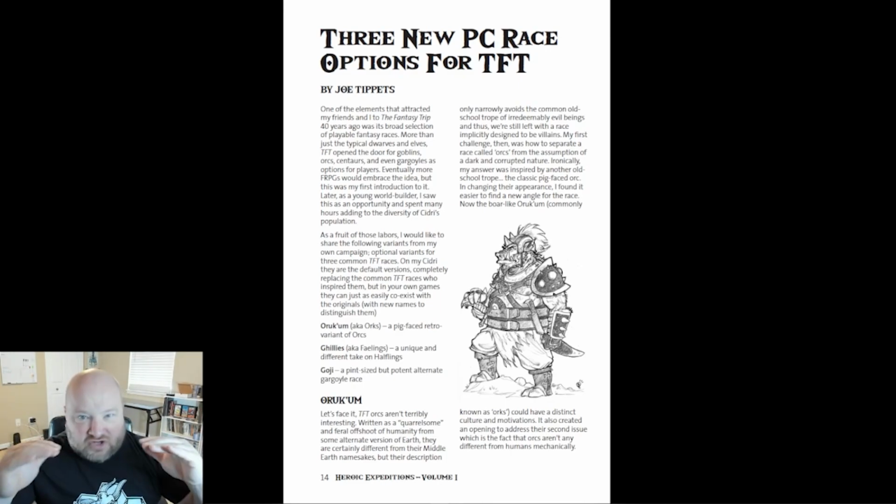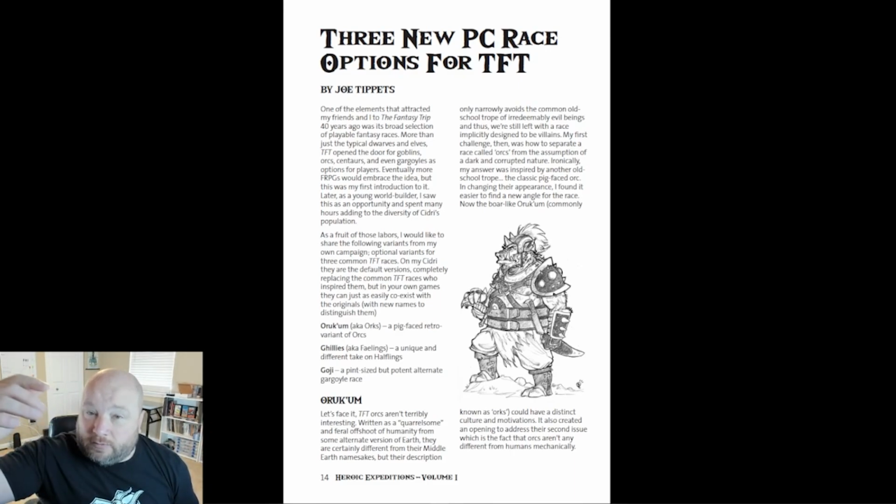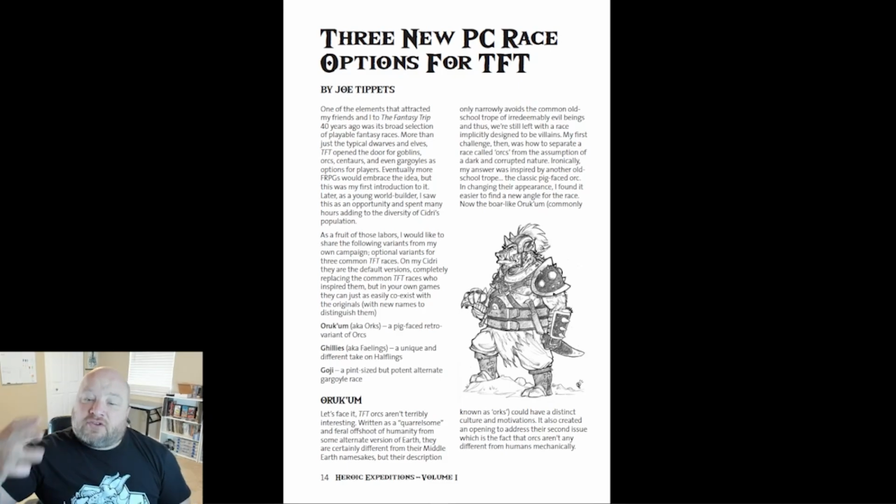In TFT, they're interchangeable from humans. They just say they're more quarrelsome and aggressive. All right, fine. But in standard Dungeons and Dragons, they're actually a little bit stronger than humans, right? So they be their own thing. But these orcs are actually weaker, and I think that comes down to, I think Joe likes